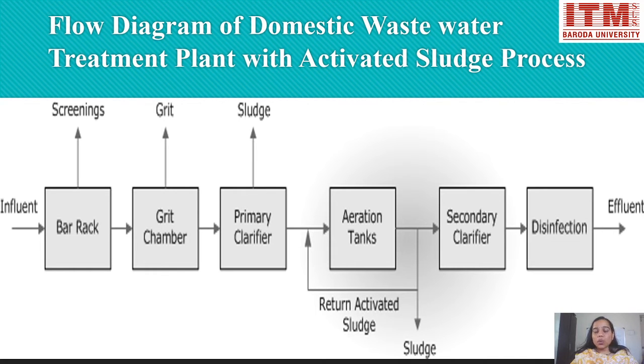Initially it will be stored at some place, after that it will be passed through screening, then through grit chamber, then before aeration tank it is primary clarifier, and after aeration tank it is secondary clarifier. Aeration tank is the most important system, it is secondary treatment, and till the grit chamber all were primary treatment. Now after secondary clarifier, the treated wastewater after secondary treatment, if required, it will be passed